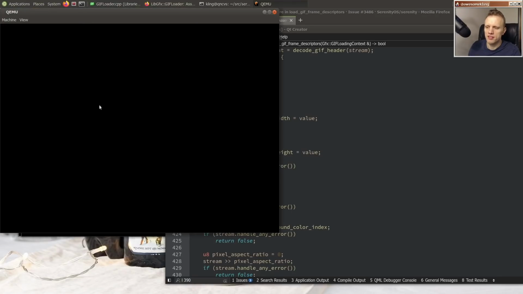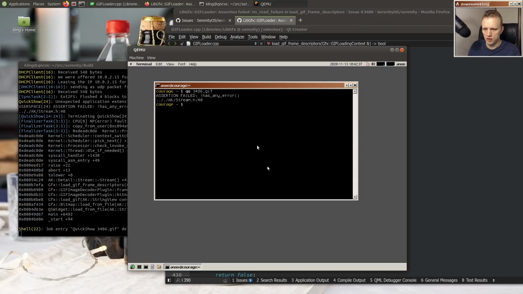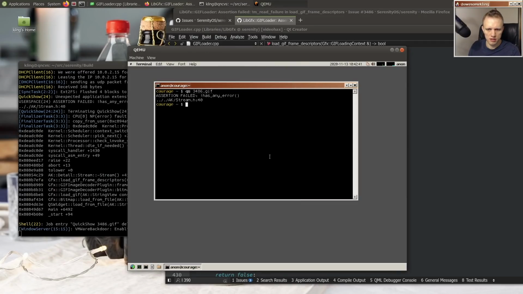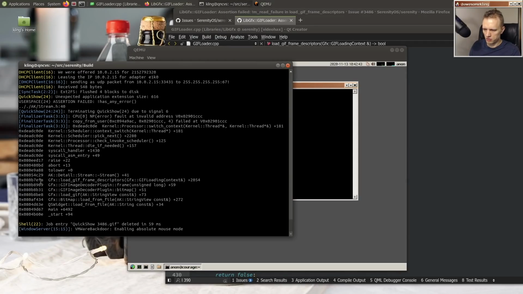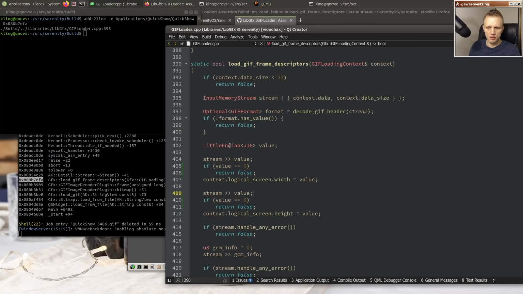Fuzzing is very nice. Like, I love that people are running fuzzers on our code. No, we're still failing. Okay, all right. Let's see where we're actually failing then. So adders to line, applications, quick show, this address, 395. Okay, so we are failing all the way up here, actually. So before we get to this code,